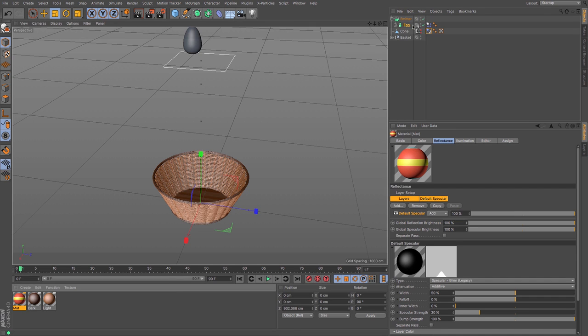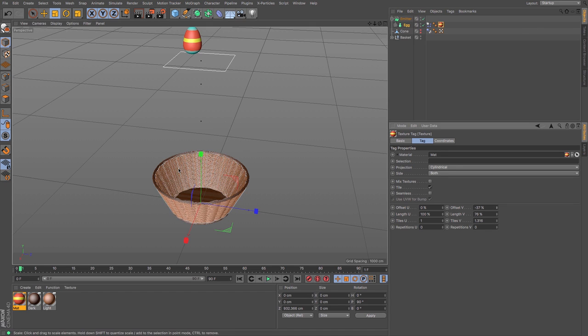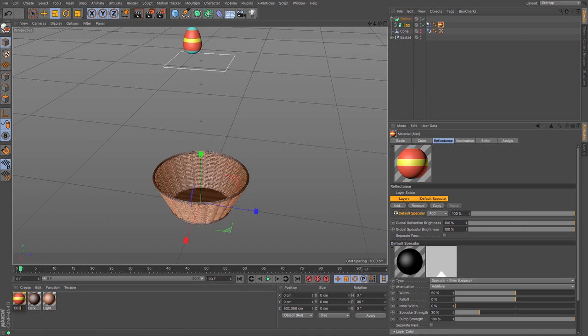If I apply that to that egg, it applies it in the wrong way. So change that to cylindrical. Boom. Okay, we don't seem to have that. So if I change the scale, or maybe change its position and then change its scale, I've got the nice blue either end, the yellow stripe there. Now I'm just going to name that egg 1, and then Command drag another one, which I shall call egg 2,